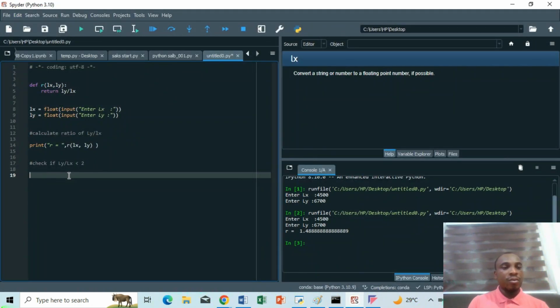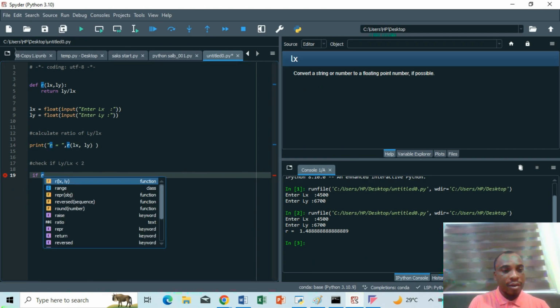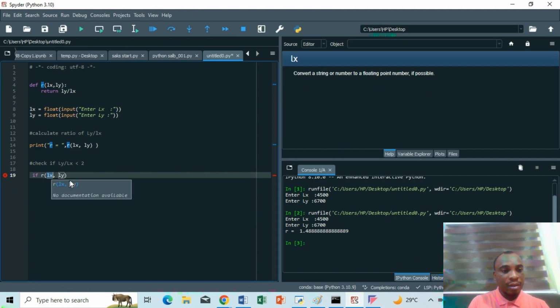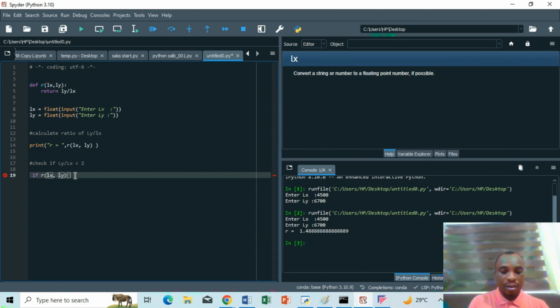The first line of code for this condition will be an if statement. So say if r, now r is a function, if r is less than 2, then we are going to print a statement